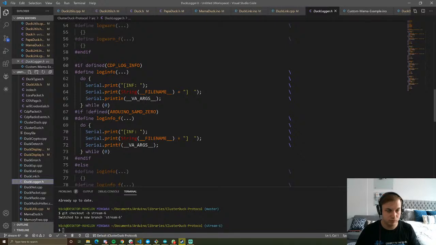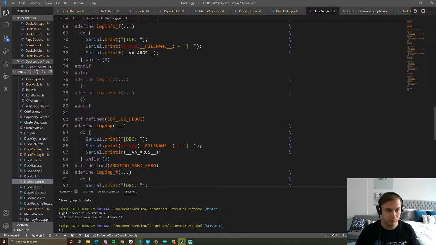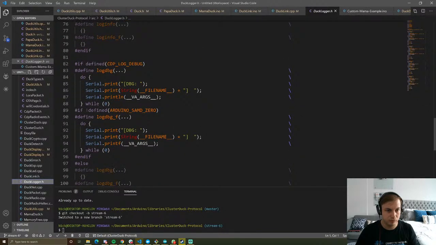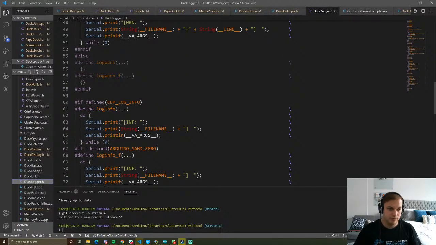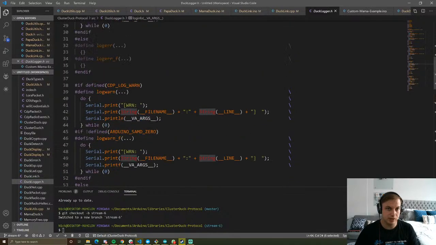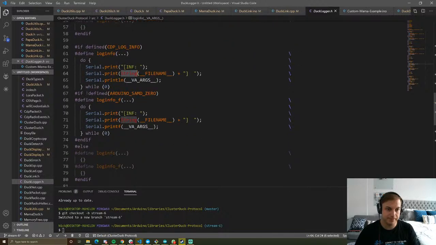There are different ways. Let's see, log info. See, it's also using the Arduino string. So if we did it,